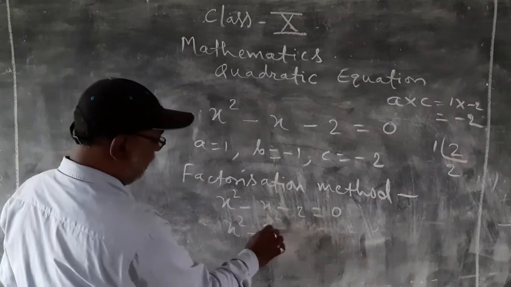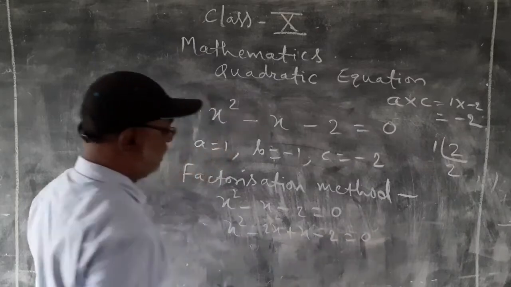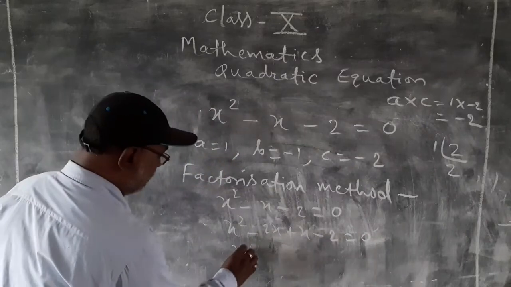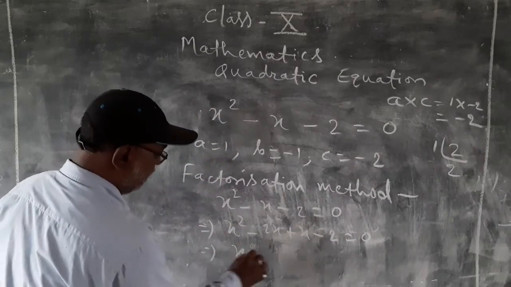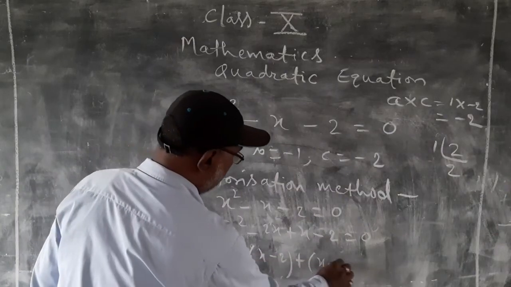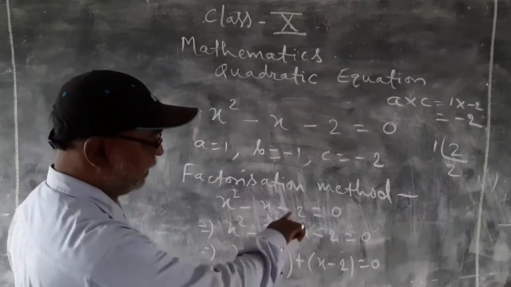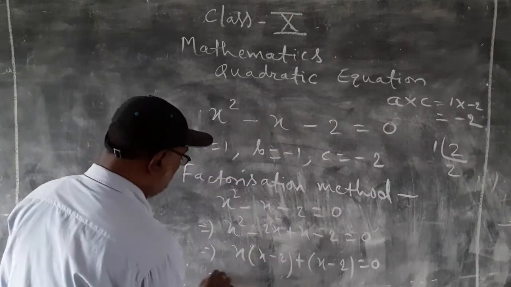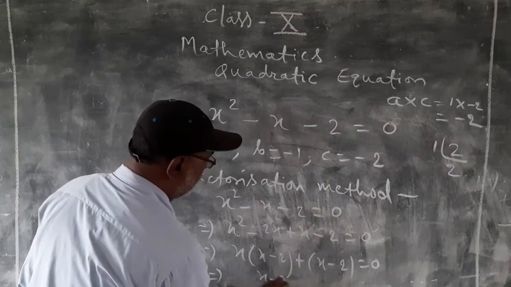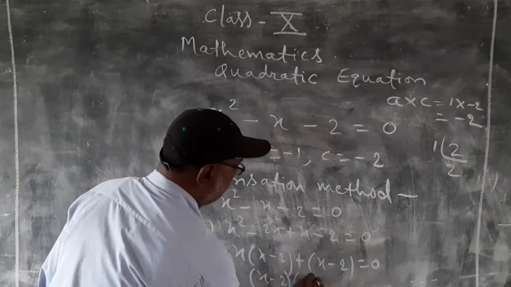x square minus 2x plus x minus 2 equal to 0. Now, take x common: x times (x minus 2) plus, here 1 is common only, therefore we write only plus bracket (x minus 2) equal to 0. Now take x minus 2 common from both terms, then you have (x minus 2) times (x plus 1)